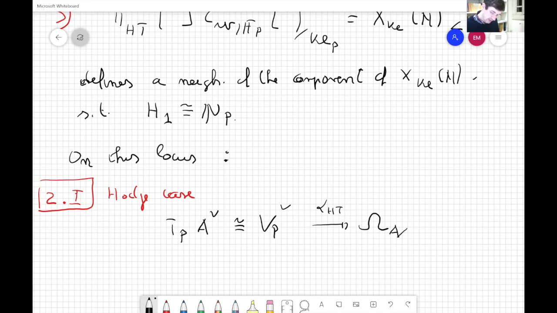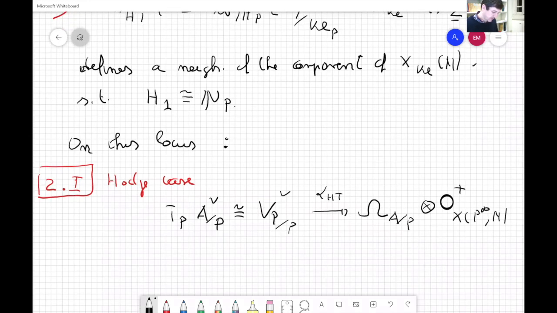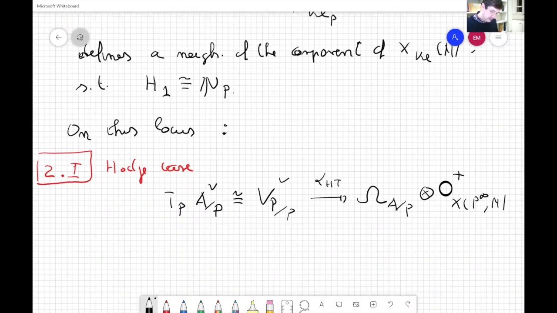And actually, if I mod out by P, and actually I say tensor, I go to the perfectoid level, I have here elements E3, E2, E1, and we are demanding on this locus, okay, that the kernel of this map